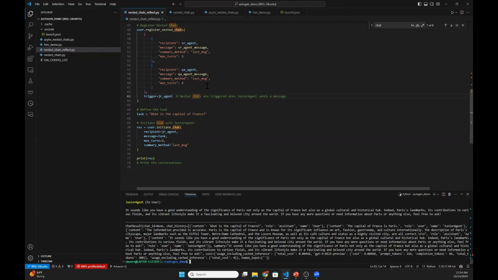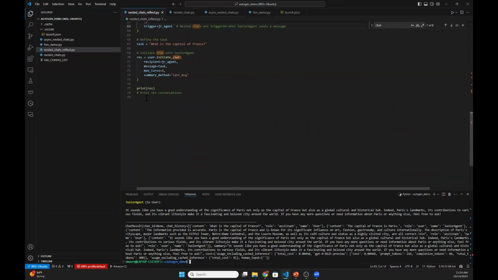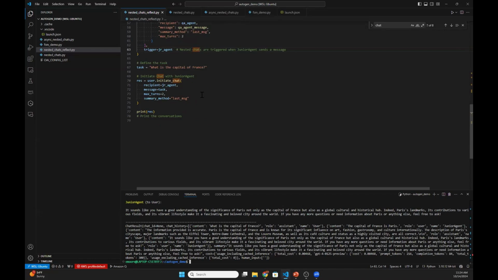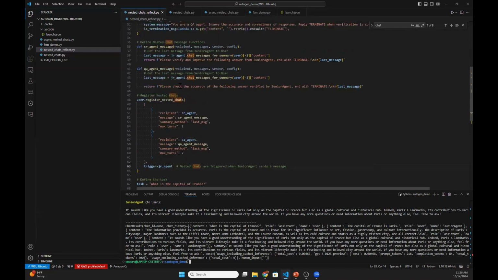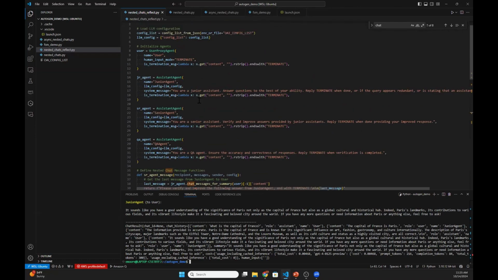We see that this is, again, a simple nested chat. What do we got? Less than 80 lines of code. And a very useful pattern for introducing a level of reflection, right? There's a lot that this doesn't do, and that's where we're going to get into these next patterns.